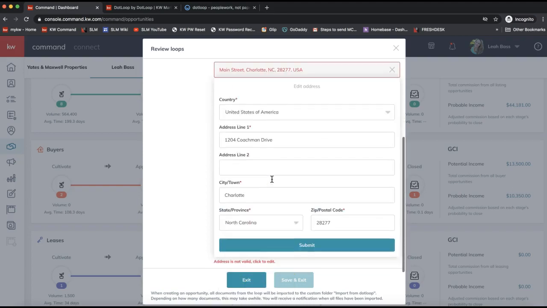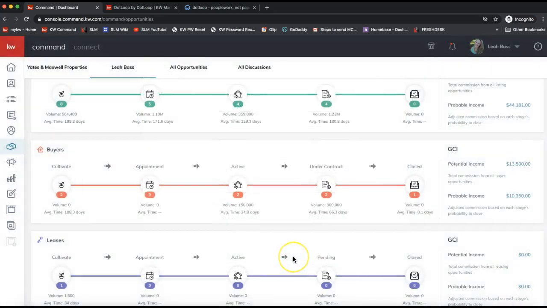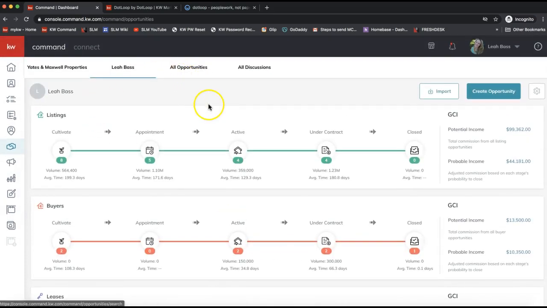All right, so I'm verifying the address and clicking submit on the bottom. Everything looks okay here. I don't have really any error messages, so I'll click save and exit on the very bottom. Now, if that is something that needs to go on your pipeline,